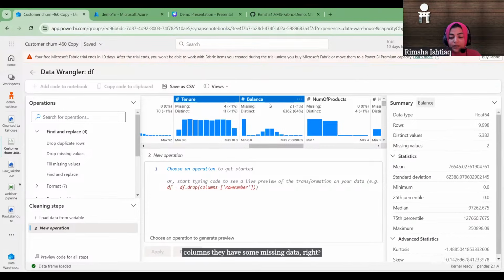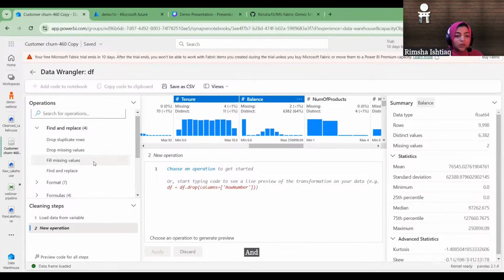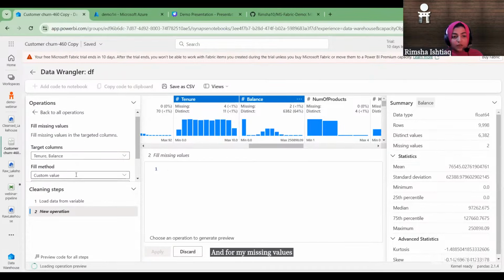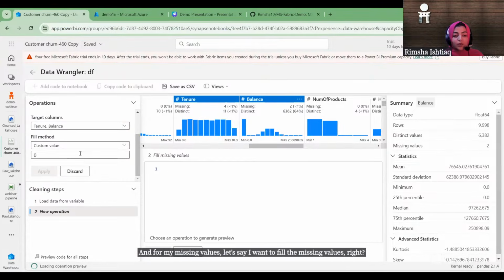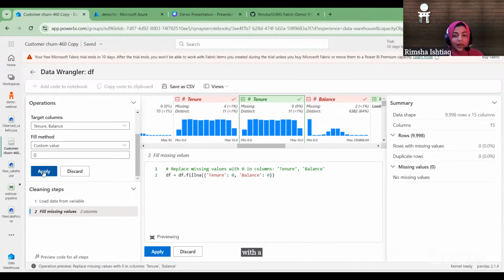So I'm going to select these two columns, and for my missing values, let's say I want to fill the missing values, right, with a 0. So I can just apply this step,